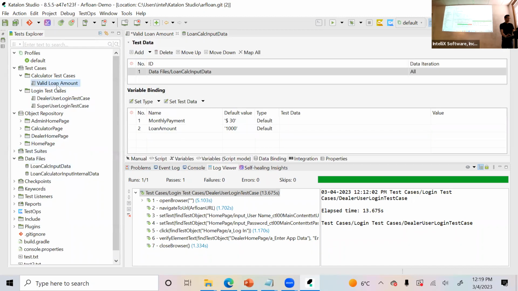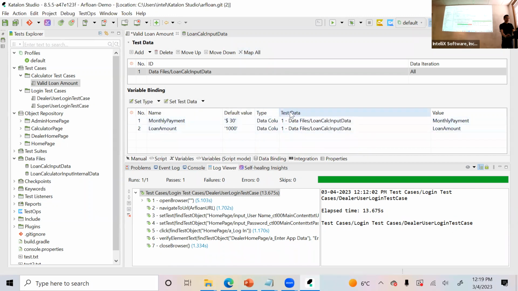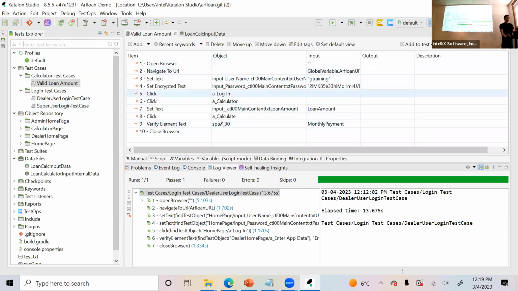So if I come here and click Map All, it will automatically map the variable with the column names. Okay. So let's see what happens. Keep an eye on here. When I do Map All, it says found two matches. Click OK, and it will automatically hook up your loan data input data with whatever column names. Okay. So at this point, my mapping is done. Let's come back here, and now if I execute it,